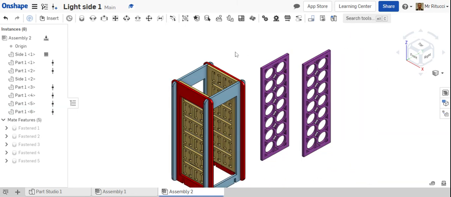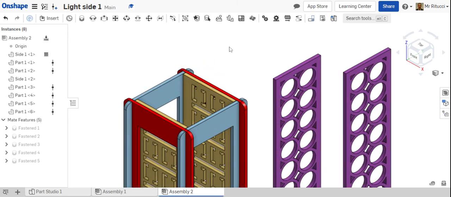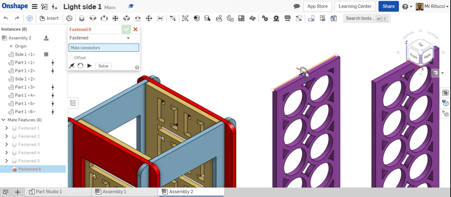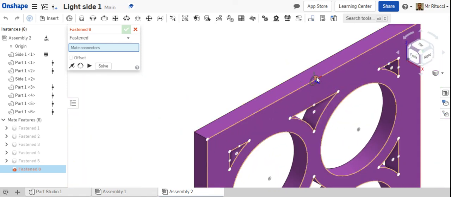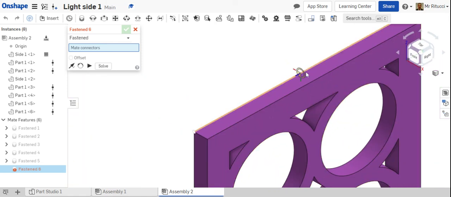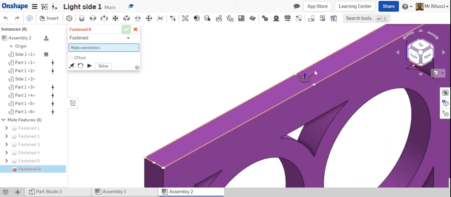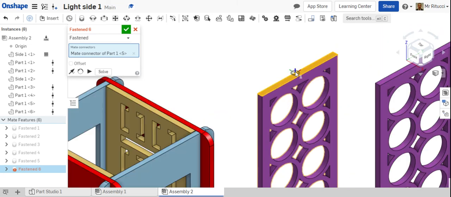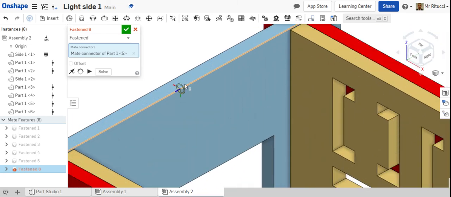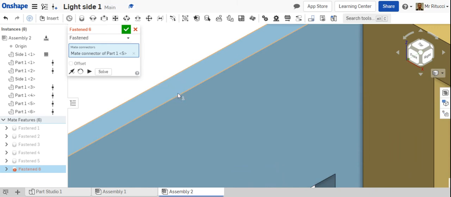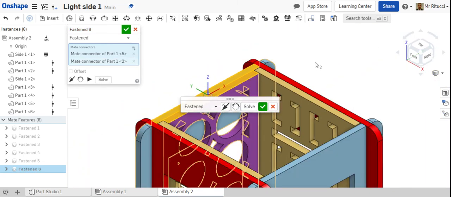Now it's a case of, as we did before, just getting the fasten mate, finding the center line on this edge. Okay, sometimes you just have to move around just to get it. There we go. Okay, and then the same as on here. And there we go, that's fastened that to there,